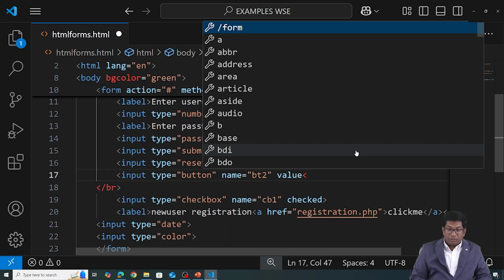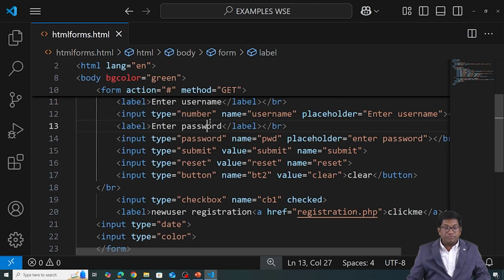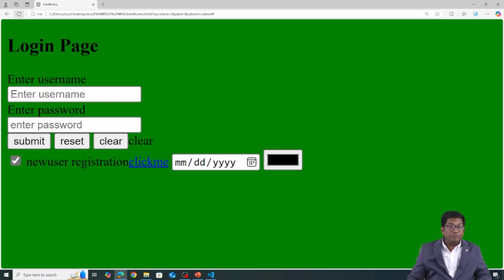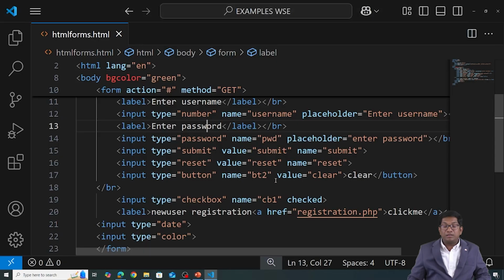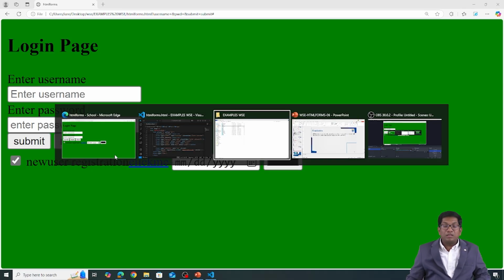Value is equal to clear, for example. So like that we can create our own button, with the button open tag and close tag, clear. Just refresh. The button is created, the clear button. So we can create our own button also. Like this we can create